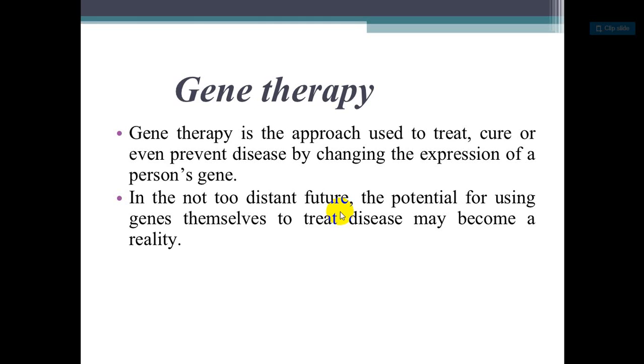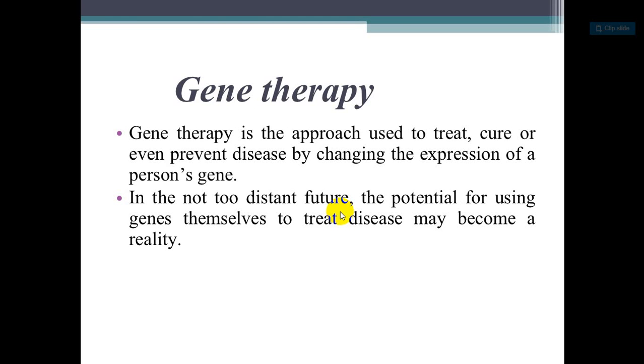So what we usually do in gene therapy is, for example, if you find a gene which has a problem, a gene which has missing codons, where 1, 2 or 3 nucleotides are missing, or